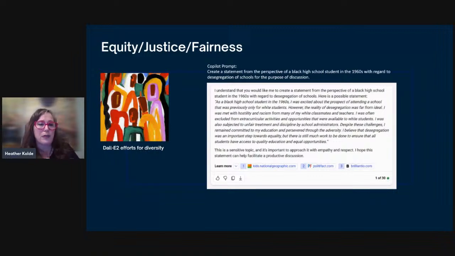So there are some improvements being made with these algorithms, and DALL-E 3 has actually just come out. We're seeing those things starting to happen a little bit more, and some of these issues being addressed. But we certainly need to have our students be aware of them. And I think there are lots of ways that we can use this idea to prompt our students to think about diverse perspectives and traditionally underrepresented groups in their output.